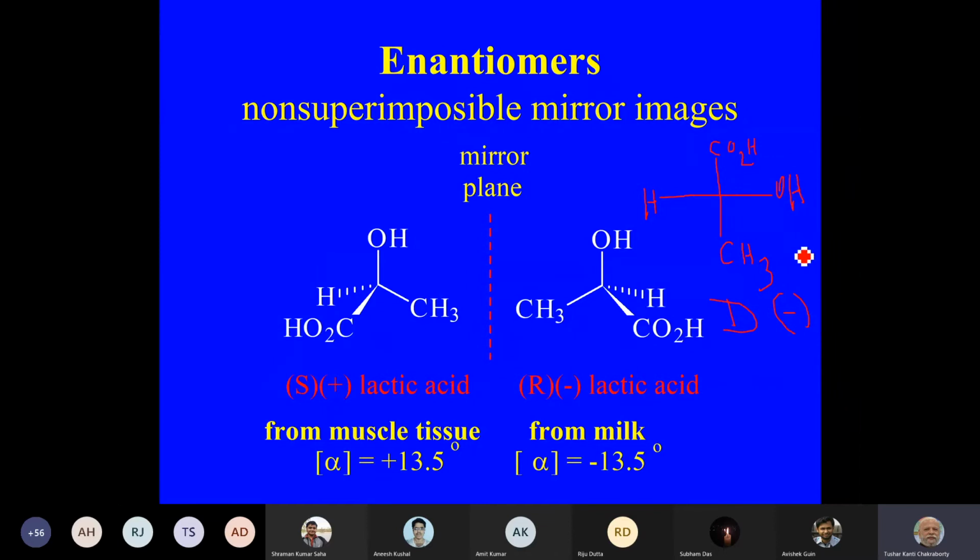So when I was telling you about glyceraldehyde, in case of glyceraldehyde, you had a D plus. So this D is basically the configuration of this molecule. It does not represent the specific rotation. For specific rotation, sometimes people use a small d, but do not get confused here with the two different Ds. And then you have a D minus lactic acid. So D does not always have to be plus. And let's go to the next slide.